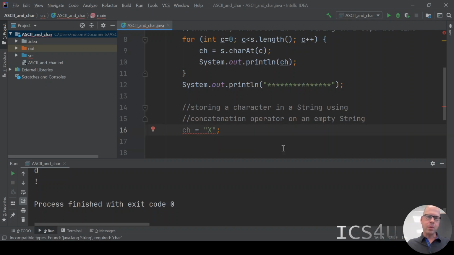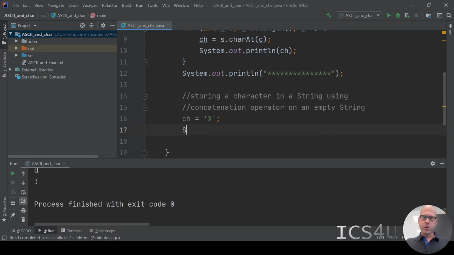So if you put X in double quotes, that's a string, not a character. So you need single quotes, because single quotes says this is a character. Okay, we're going to have a string now called str. And if I just store ch in there, it's going to give me an error, because it's going to say